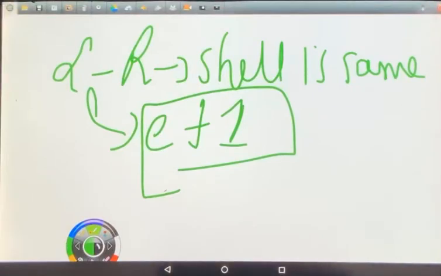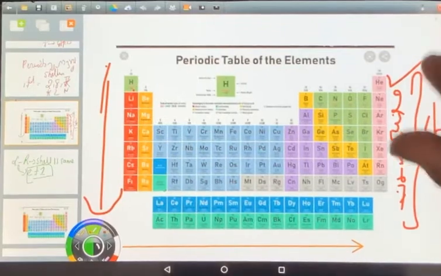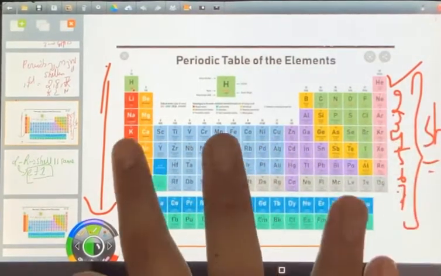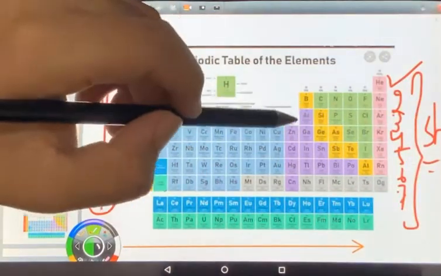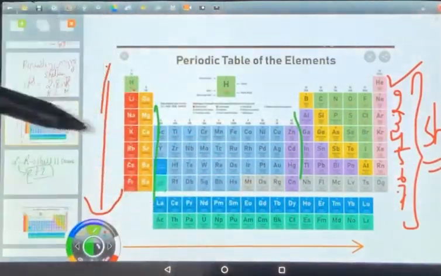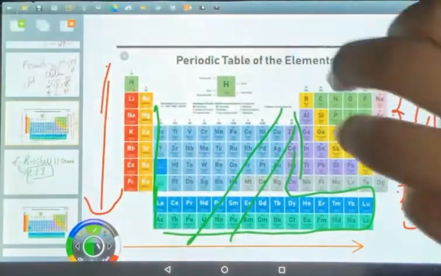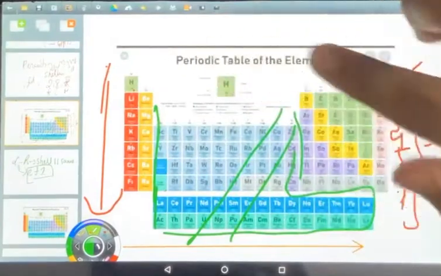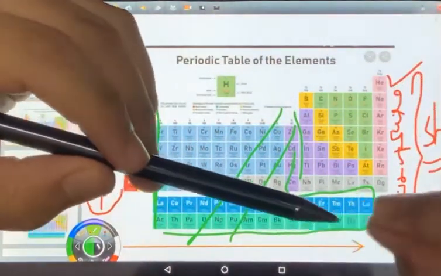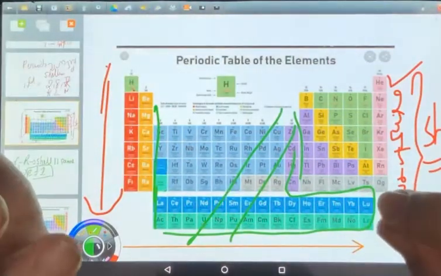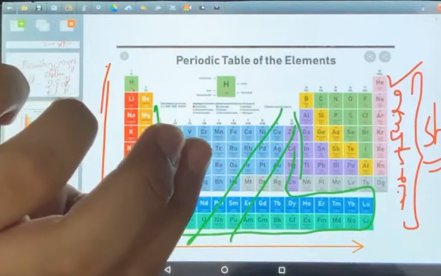Now just see this once again. As we are going left to right in a period, we are finding that we are actually crossing groups. Just we will for class 10 level ignore these inner 10 groups. Okay, we are not taking up these 10 groups and these 2 groups at the moment. So we are ignoring this at the moment. We are just concentrating on these. Group number 1, 2, group number 13, 14, 15, 16, 17 and 18. Because these 2 rest are higher level studies and will be dealt with in class 12. We don't have it in class 10 level.